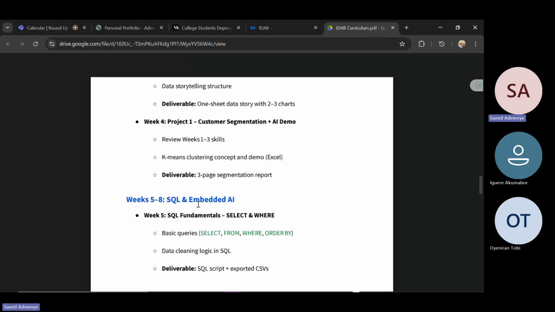Because AI is not a living thing. It's not establishing itself on its own. It's somebody behind it, right? So there must be a man in the loop. So definitely, you too as a data analyst of IDAB, be a man in that loop. As people say, instead of AI replacing me, I too will replace somebody using my AI knowledge with my business skills. Is that clear?